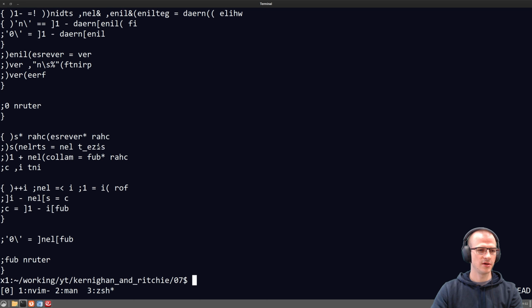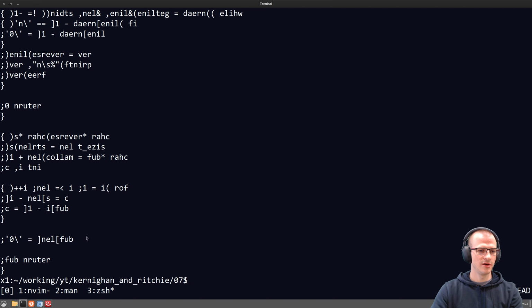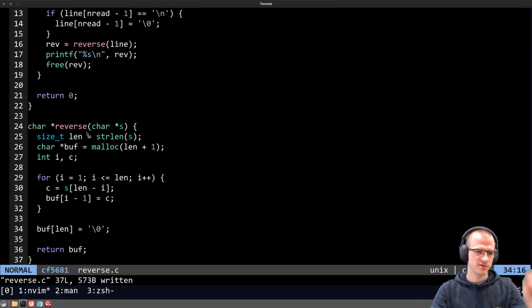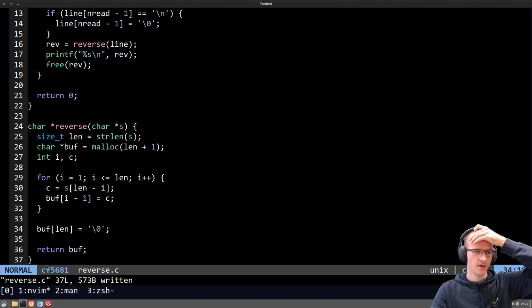So I think that wasn't working because my reverse function did not terminate the string with a null terminator, so the data would just basically, I would get some data from an older string or something. And